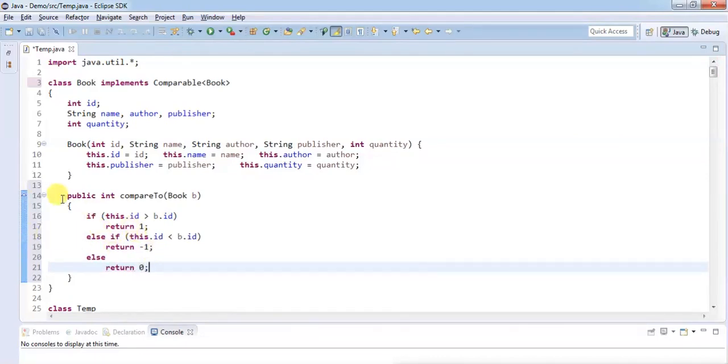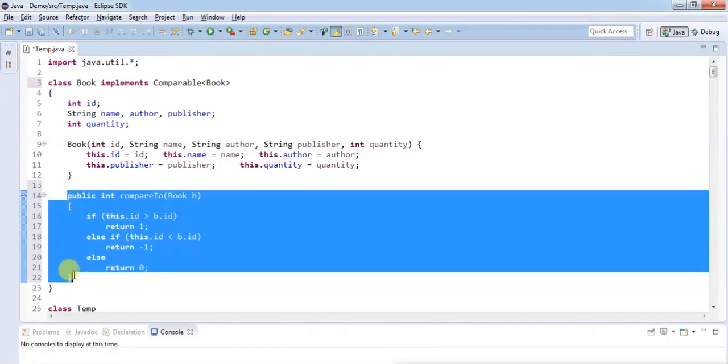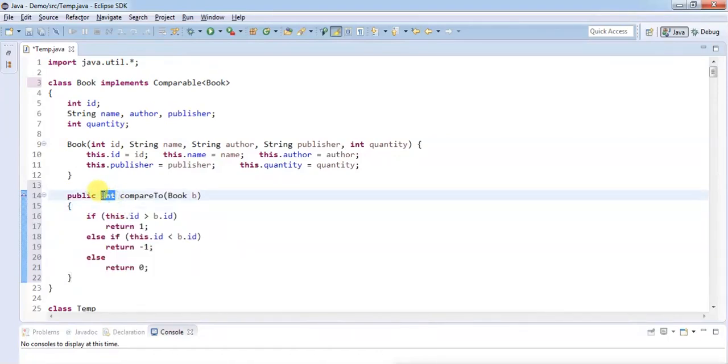So this is the comparison logic which asks me to return either a positive value, negative value, or 0, based on which it will do something in the background to either swap or not swap the elements. As we are inside the tree set, which means we are inside the tree data structure, it might not be swapping the elements.